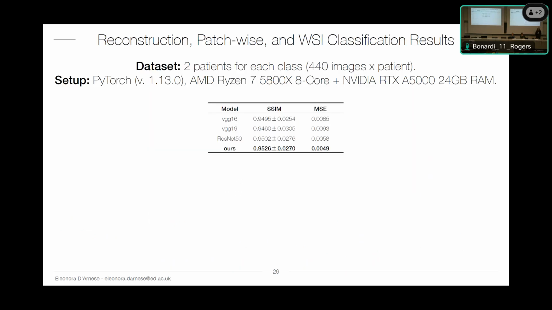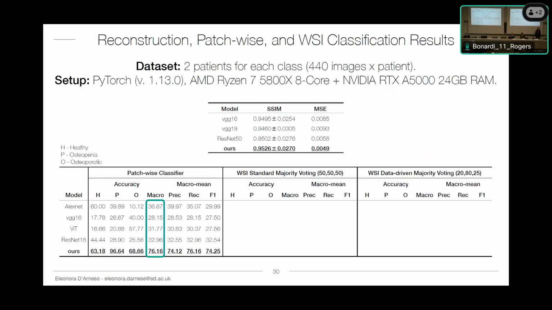So just a bit of results. What we have seen is that in the reconstruction task, all the networks that we have tested are quite good, but it was not the real objective, so we do not care that much about this specific number. What we were willing to figure out is, are we better at classifying the different stages of the pathology